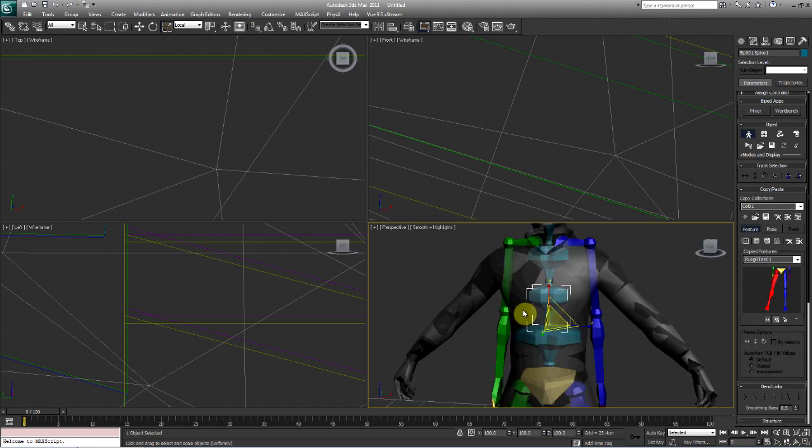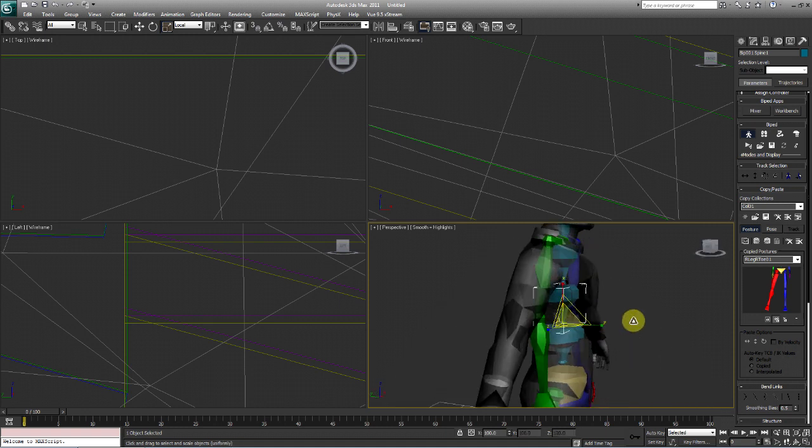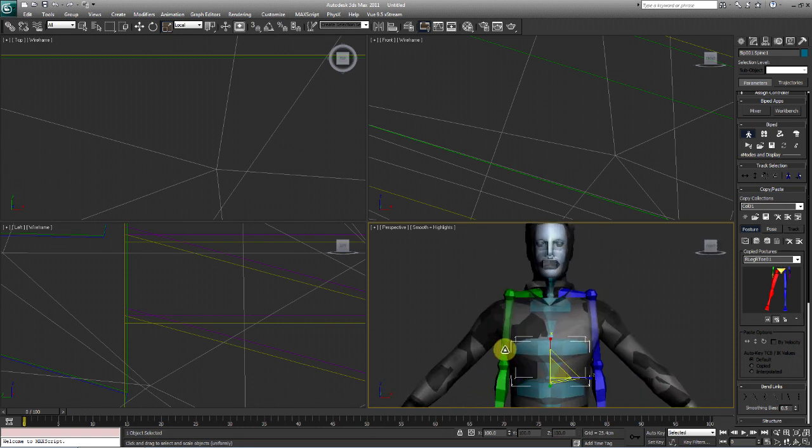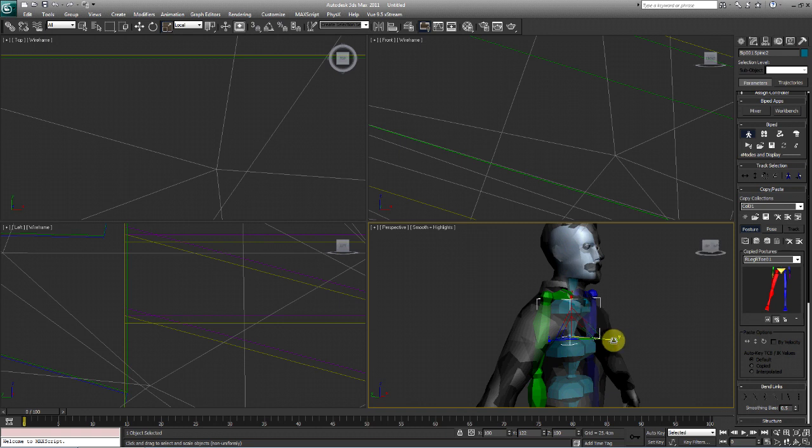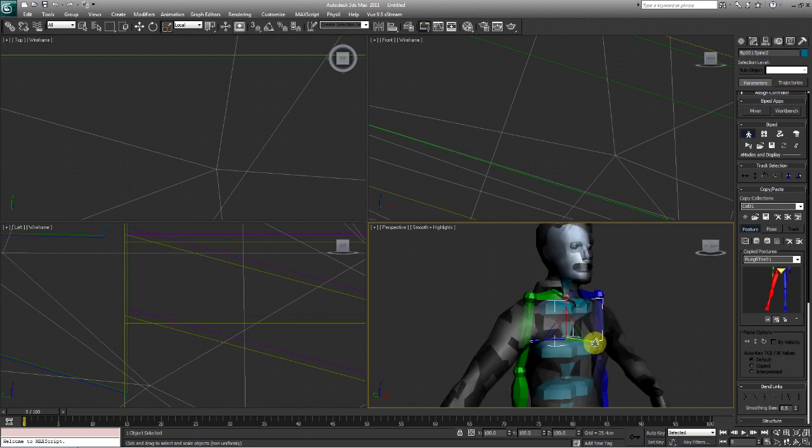We're gonna do the second spine link. Want it to match. We're gonna fill that in. Get a little bit of width. Same thing with this. Now we're not going to worry so much on the top section because our top half of our body never really moves that much. Alright, let's work on the shoulders.